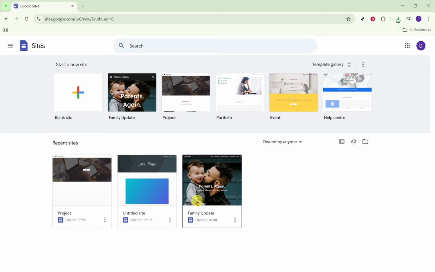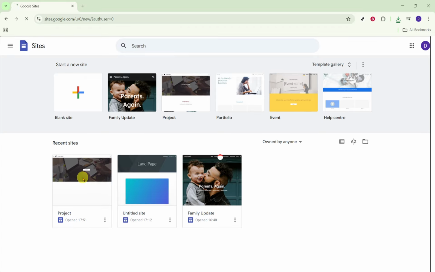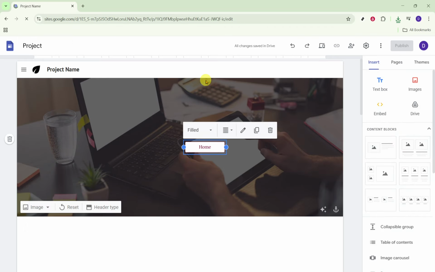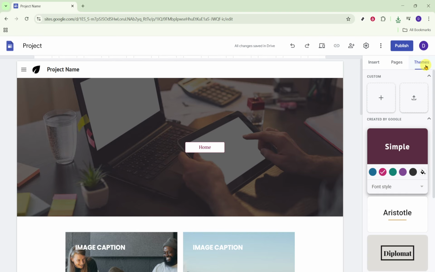Inside the editor, look to the right-hand sidebar where you'll see the panels for Insert, Pages, and Themes. Switch to Themes. This is where you control your site's design settings. At the top of that panel, click Import Theme. Importing lets you reuse a theme that already exists, so you keep the fonts, colors, and component styles that you